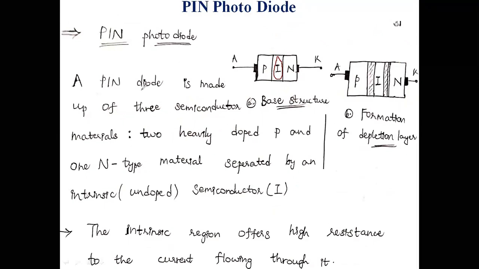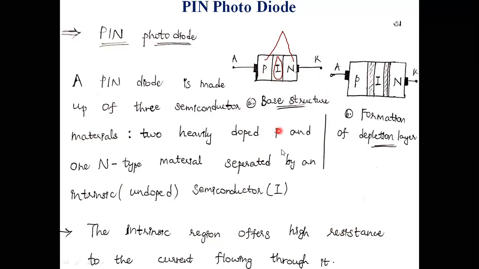A PIN photodiode is made up of three semiconductor materials, that is two heavily doped P-type and N-type semiconductors, whereas in between is the intrinsic semiconductor material. Intrinsic means the pure form of semiconductor material, and the intrinsic region offers high resistance here. Compared to the two heavily doped materials, where the conduction is high,